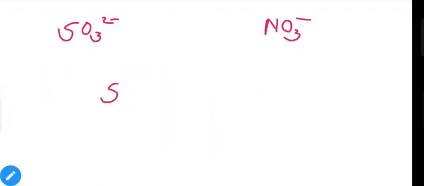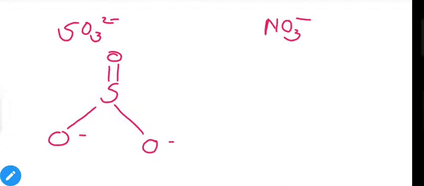The structure of SO3 2- will be something like this. One of the oxygens contains a double bond with sulfur and two oxygens are single bonded with one extra electron. That's why it will be negative. Normally the electronic arrangement around this negative oxygen will be something like this. That means they contain three pairs of electrons as non-bonding electron pairs, and the top side oxygen contains two non-bonding electron pairs. Okay, and these two oxygens carry minus charges. That's why the overall charge of SO3 will be -2.